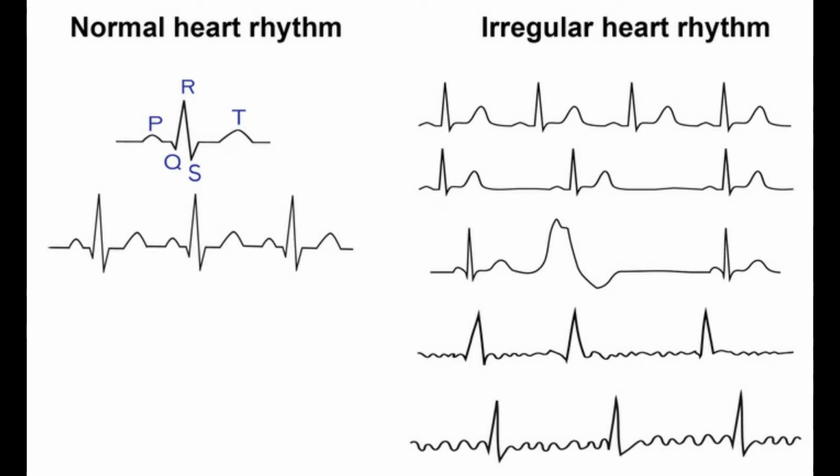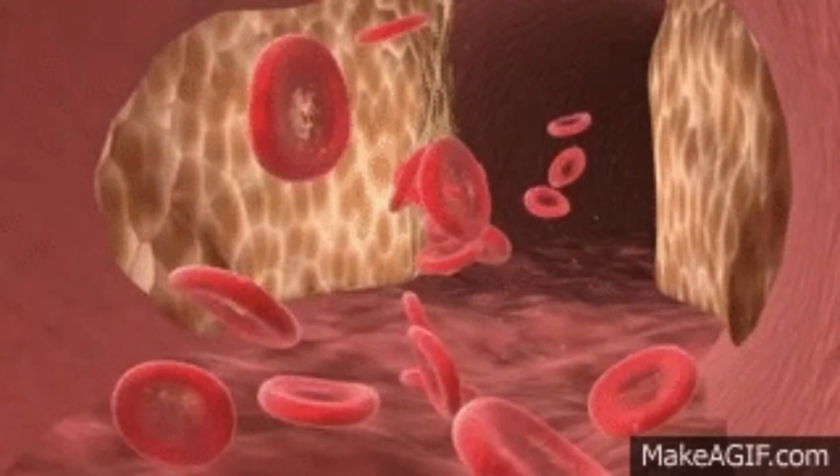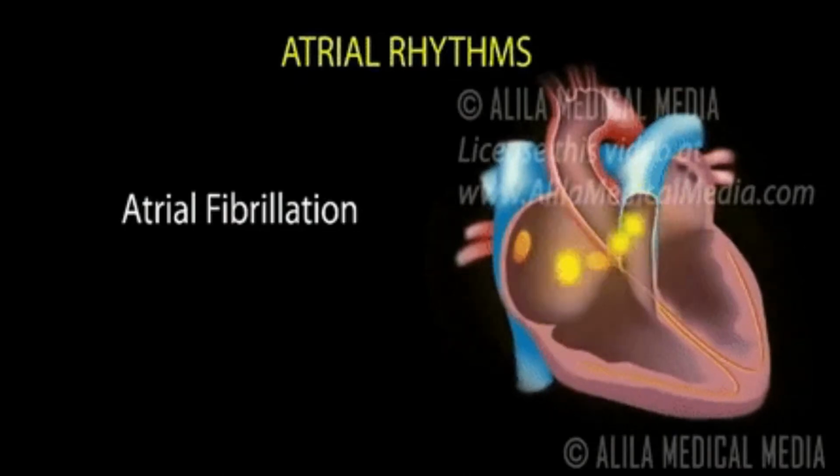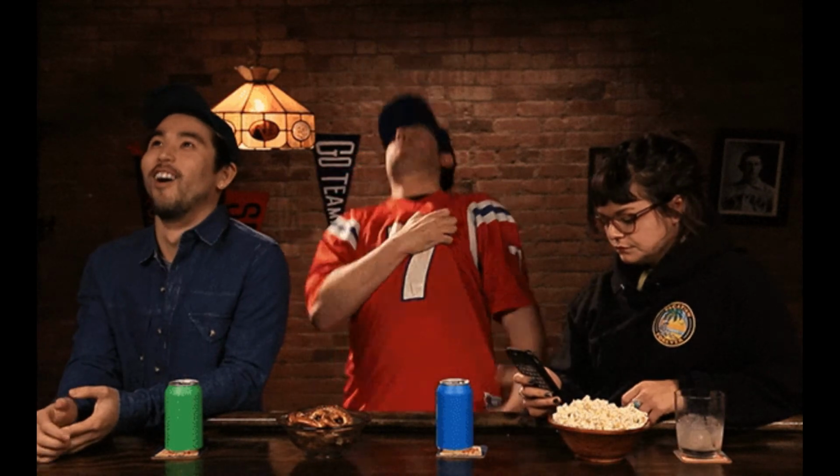Now I'm going to tell you some of the main causes of heart arrhythmia: coronary artery disease, electrolyte imbalances in your blood, changes in your heart muscle, injury from a heart attack, the healing process after heart surgery.